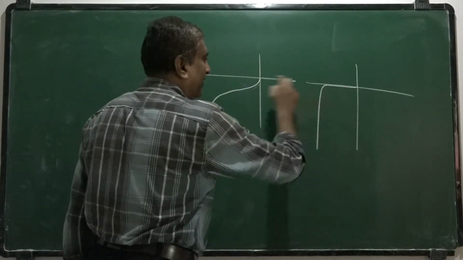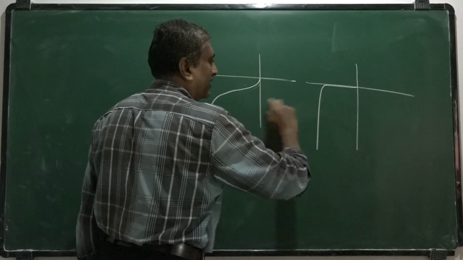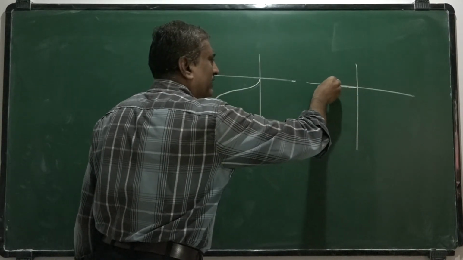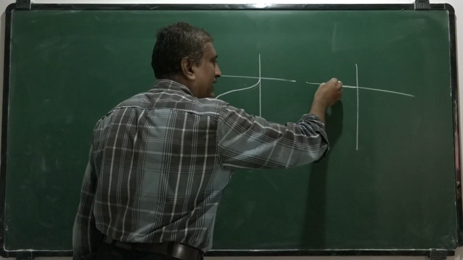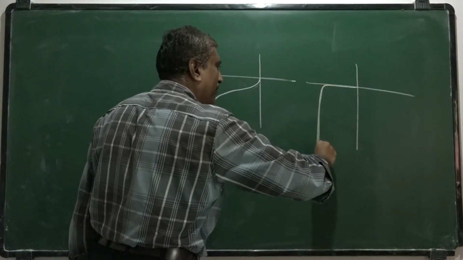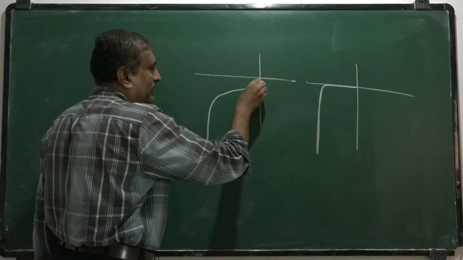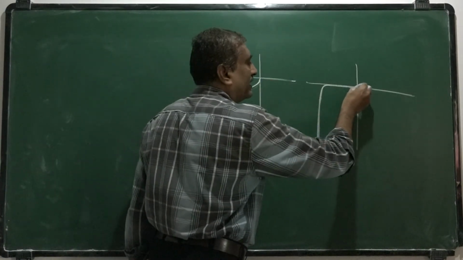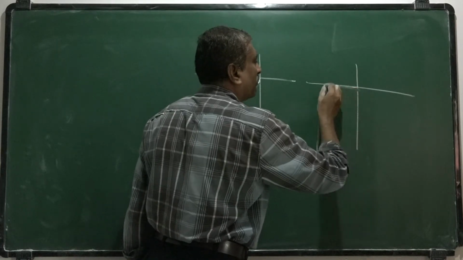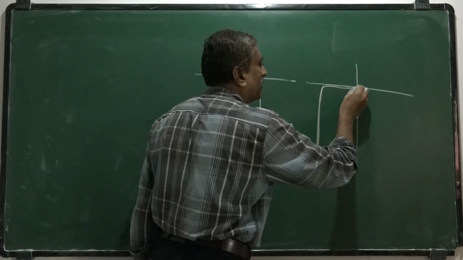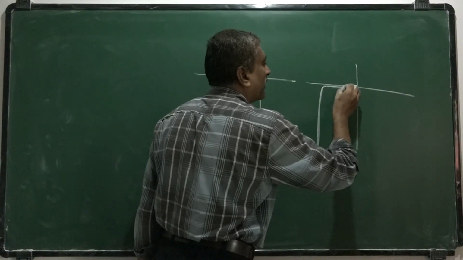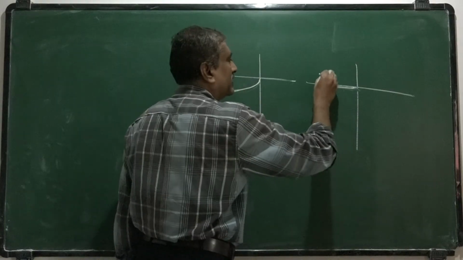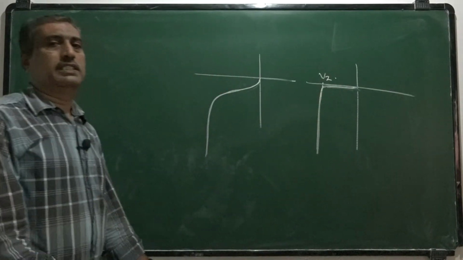So this is the variation between avalanche breakdown and Zener diode. In Zener, the curve is almost parallel to the voltage axis and suddenly the current rises, whereas in avalanche the current gradually increases and breakdown takes place at a particular voltage. But in this, a very small current flows constantly, almost parallel to the y axis, and suddenly the current rises. This is Vz. So that is the Zener voltage.